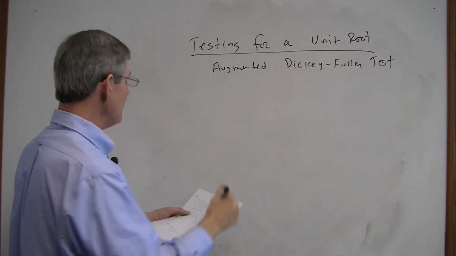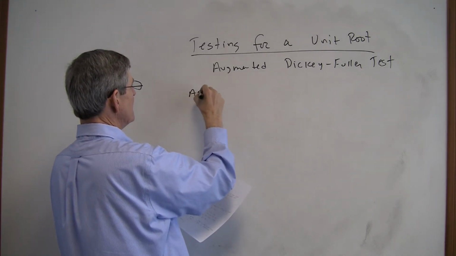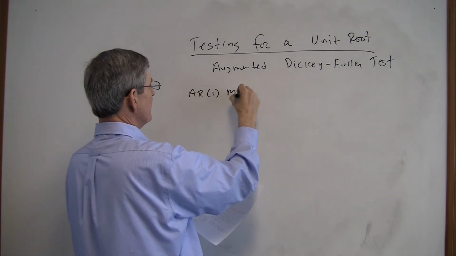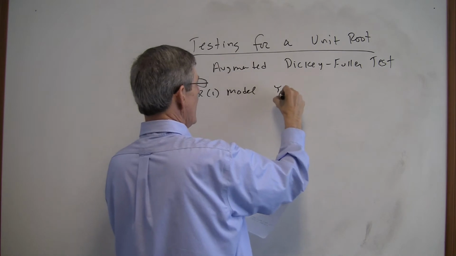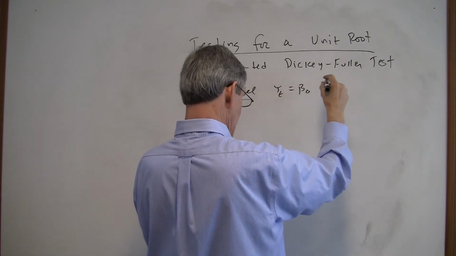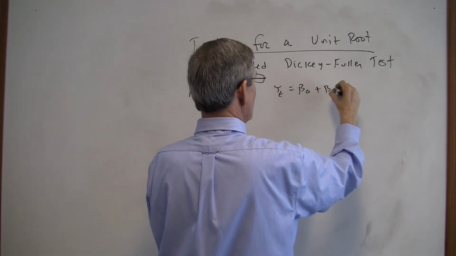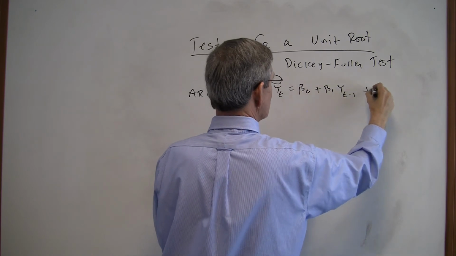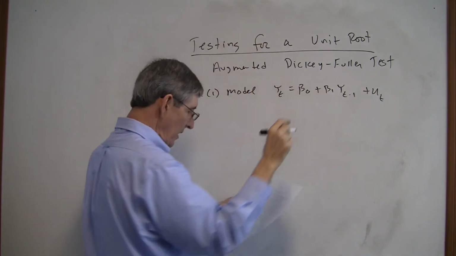So for an AR1 model, here's what you would do. So you have yt is beta 0 plus beta 1 yt minus 1 plus ut. And I want to know,